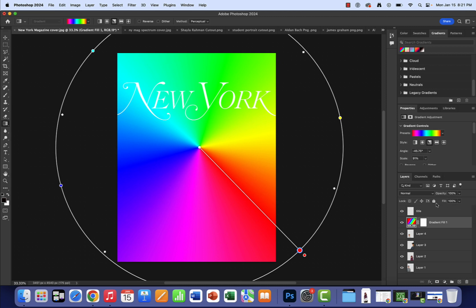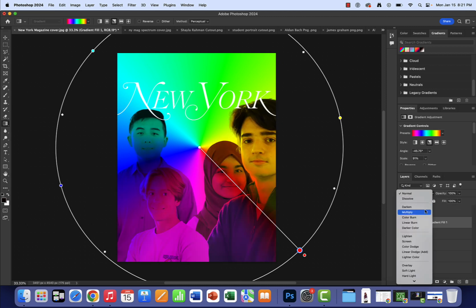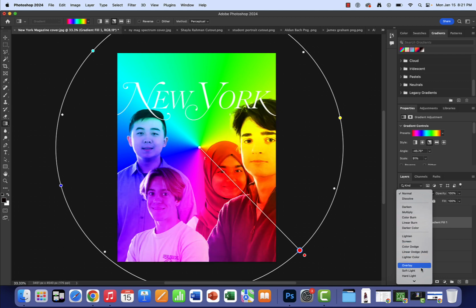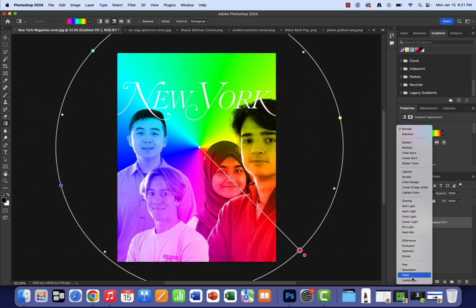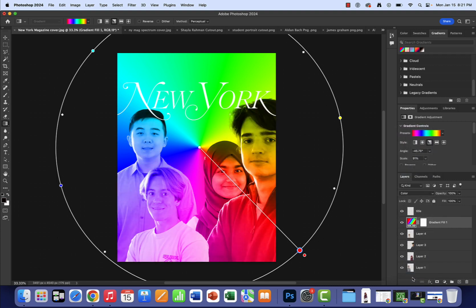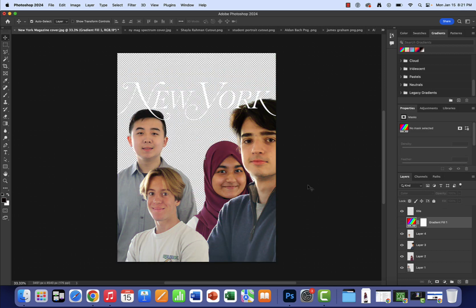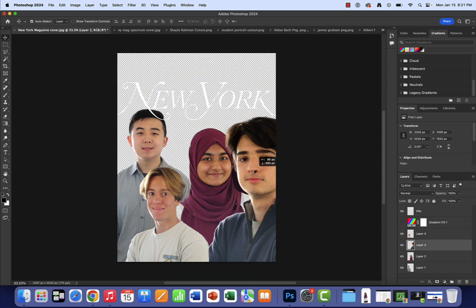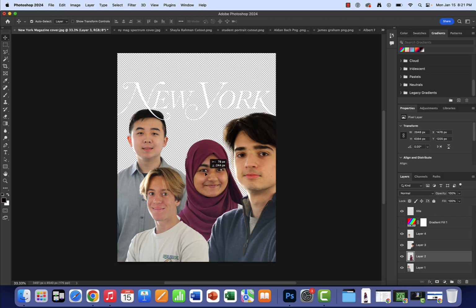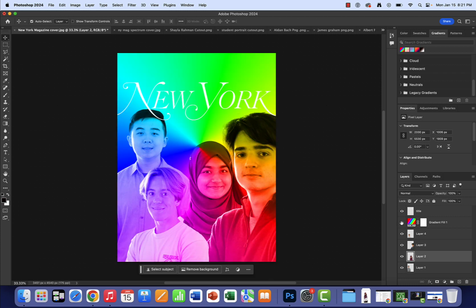This looks awesome. And so now what we're going to do is change the blending mode, not to multiply, not to screen, and not to overlay, but to color. And that looks amazing right there. I'm going to use the move tool, and I know that if I want to move Aiden, for example, and I click, I'm not able to touch him at all, sadly. But if we hide the gradient, the blending mode, we can shift it around like so, and